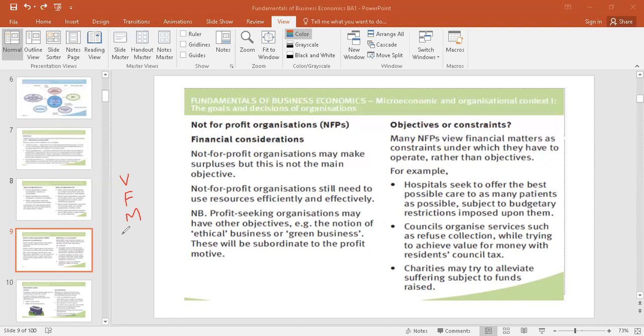As part of value for money, they assess three different E's. There are three E's of value for money. The first E we see is economy, the second is efficiency, and the third is effectiveness. So how is it measured? The first part of it is